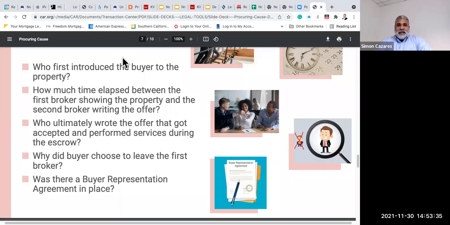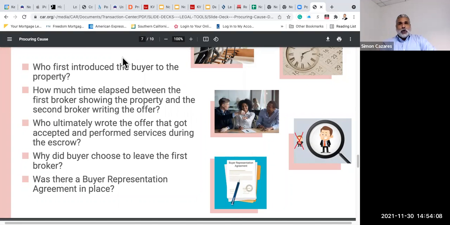I just need a commitment, and I know how to approach this buyer agreement. As a matter of fact, I will be helping one of our agents this Thursday, in two days. We're meeting here at the office at 6 o'clock. She's a seasoned agent, but hasn't really done much business. But she goes, Simon, if you can help me convert this buyer to commit to something, I would really appreciate it. I said, no problem. I'll step in there and I'll navigate and help you get that buyer representation agreement.